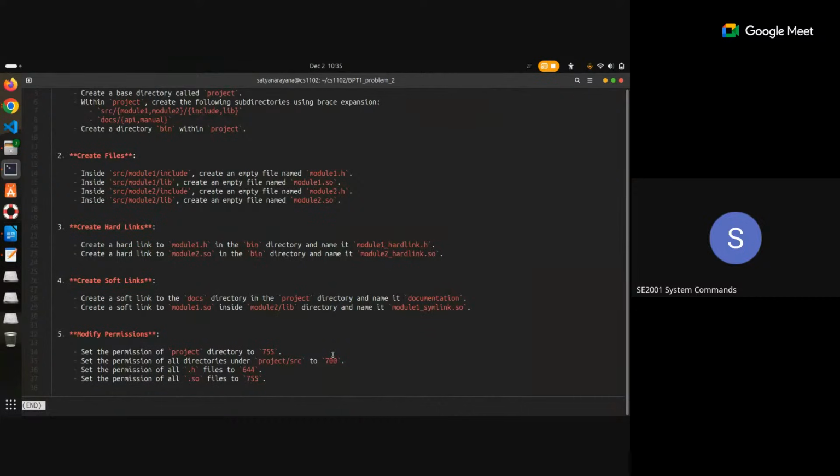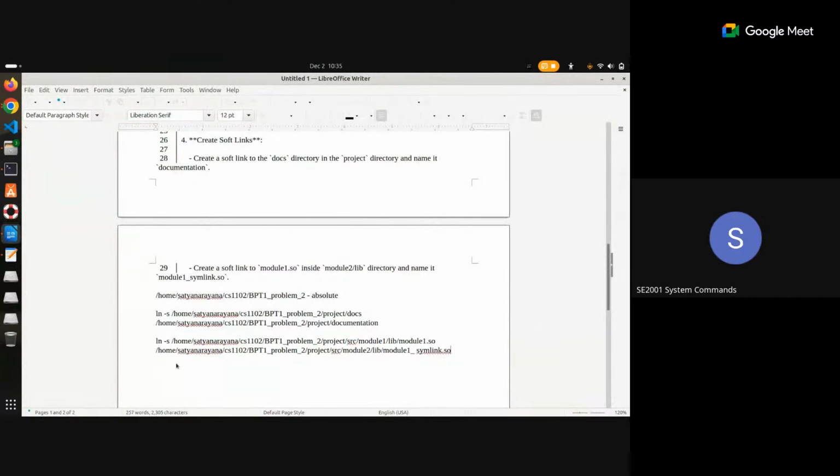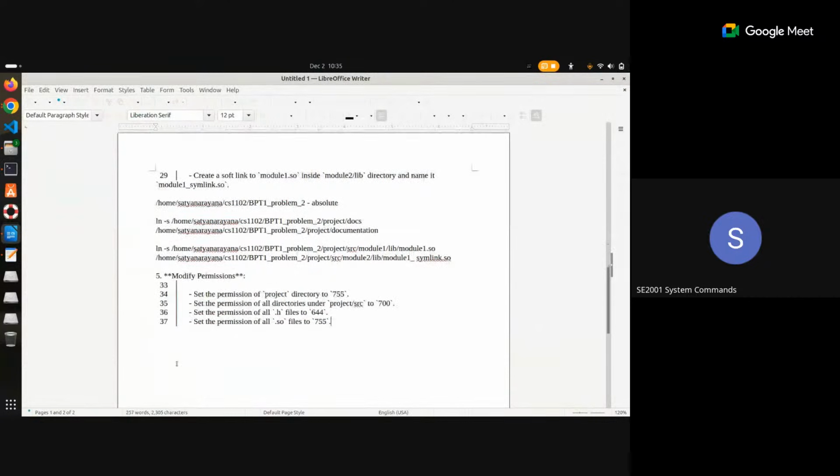So the last one is setting the permissions, right? This setting permissions is pretty easy. We can just do this, and that's fine. Here it is changing the permissions, as you know, change mode. The first change mode is